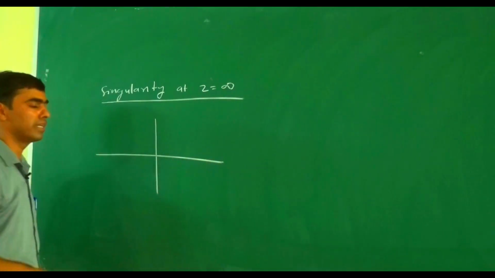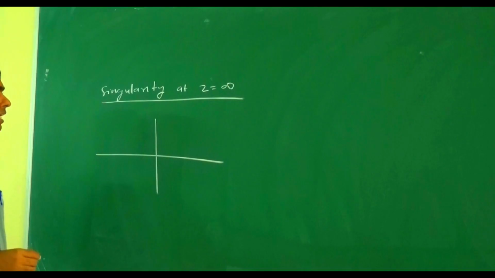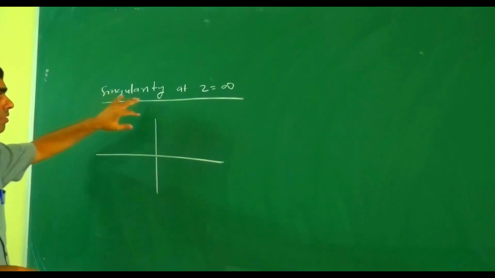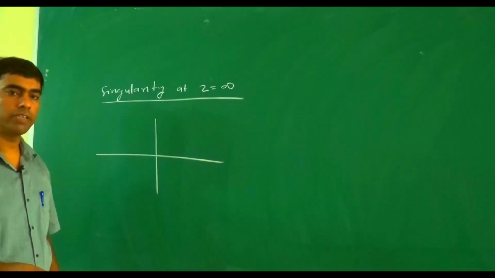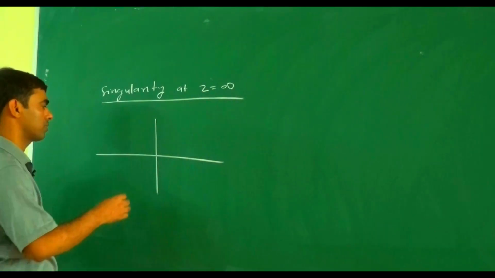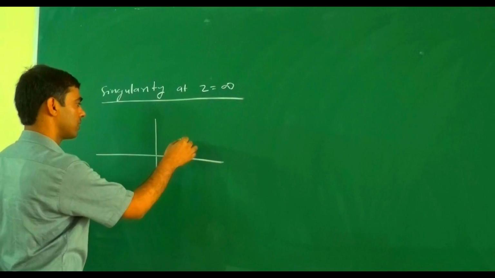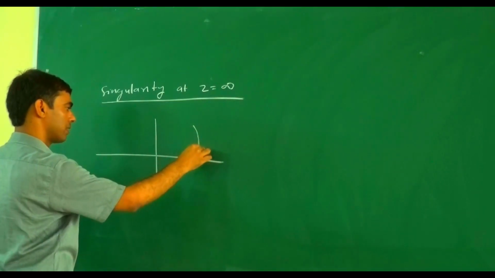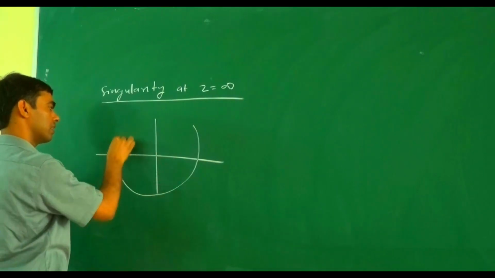Singularity at z equal infinity means we talk about the extended complex plane, the complex plane with the point at infinity. So suppose there exists a region R in such a manner,